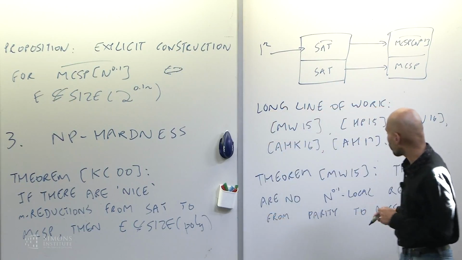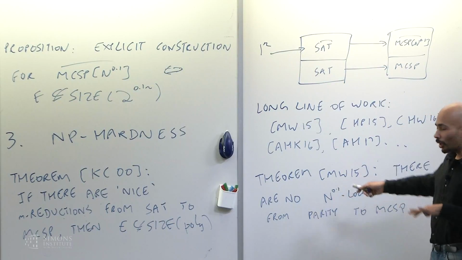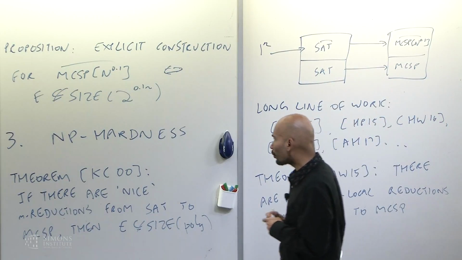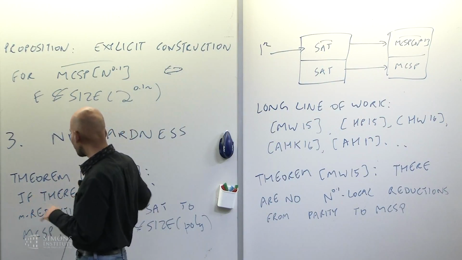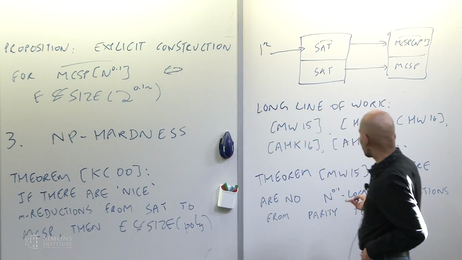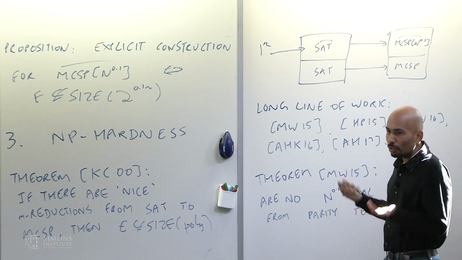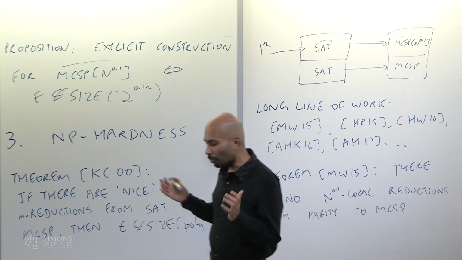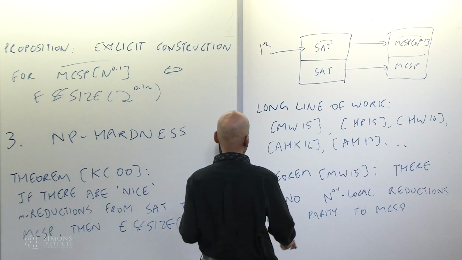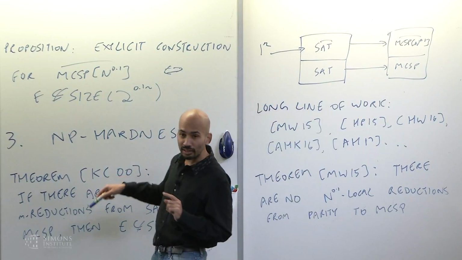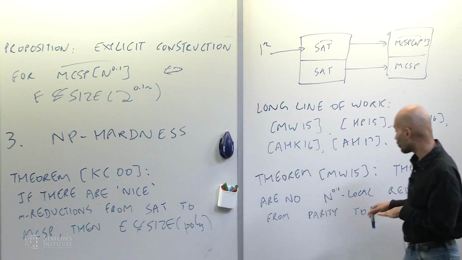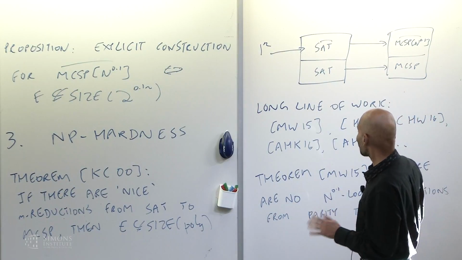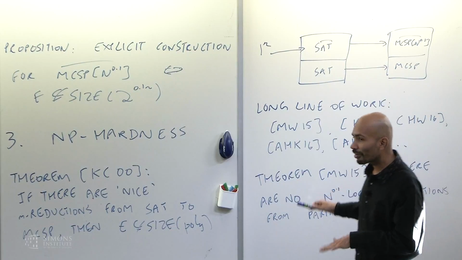And what Cody and Ryan show is that even if you allow this amount of locality, you won't even be able to reduce parity to MCSP. And it uses a similar idea to the kind of idea we just saw, but what they do is show that if there is such a reduction, then you can have small AC0 circuits for parity, and that's a contradiction. Somehow you can take advantage of the locality to get small circuits. And another interesting aspect of this result is that there's no niceness constraint, right? So they eliminate this niceness constraint. This just works for any reduction as long as it's local. So this is a clear result. It shows that there are certain reductions that just don't work.